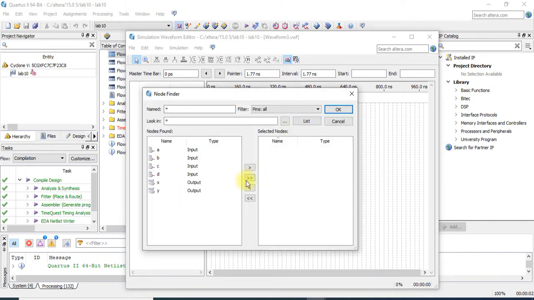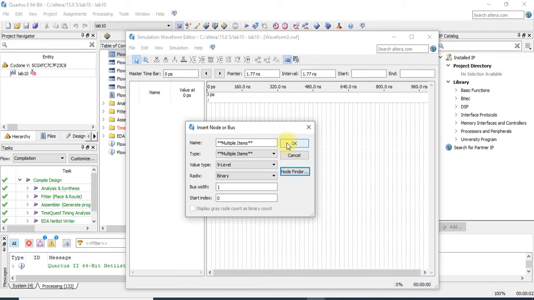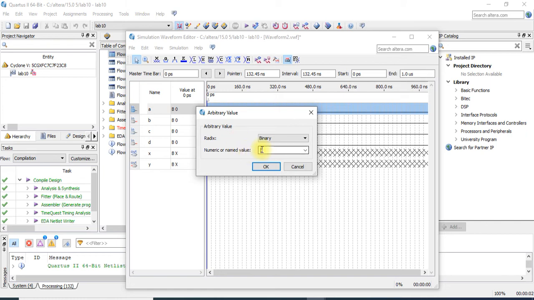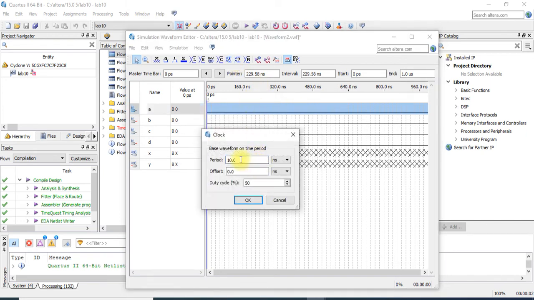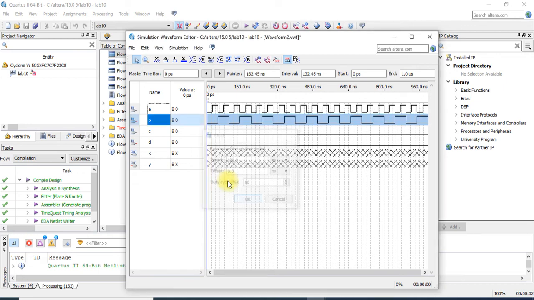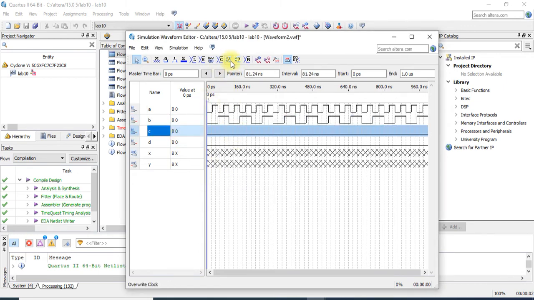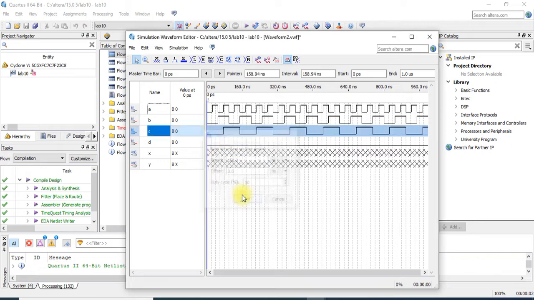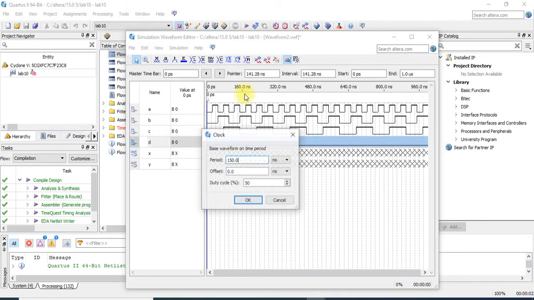So, node finder, list. We have four inputs and two outputs, a 4 to 2 encoder. So we are going to implement the same waveform with a period of 50, 100, 150, and the fourth one would be 200.